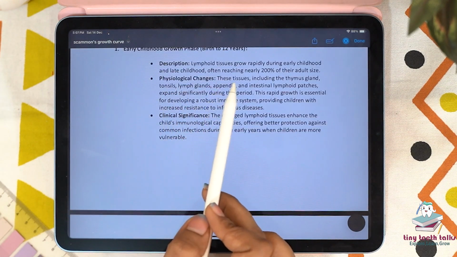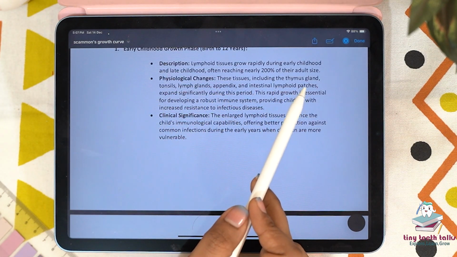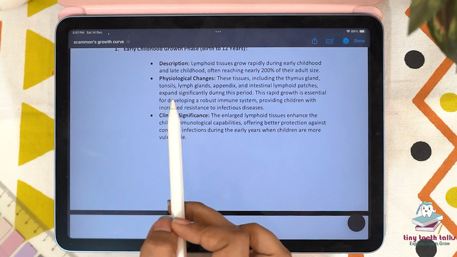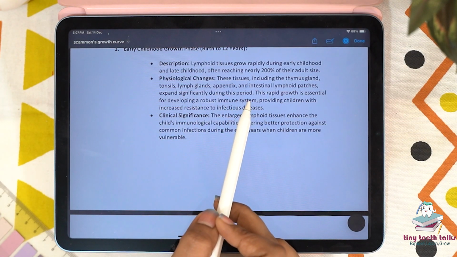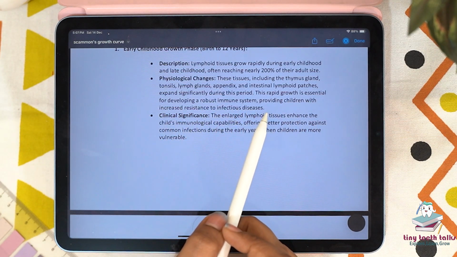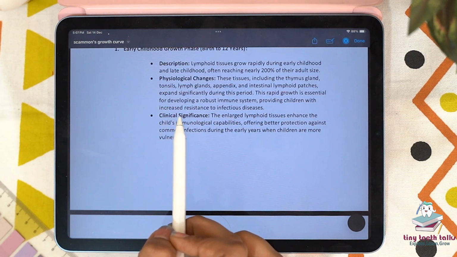Physiological changes. These tissues including the thymus gland, tonsils, lymph nodes, appendix lymphatics and intestinal lymphoid patches expand significantly during this period. This rapid growth is essential for developing a robust immune system, providing children with the increased